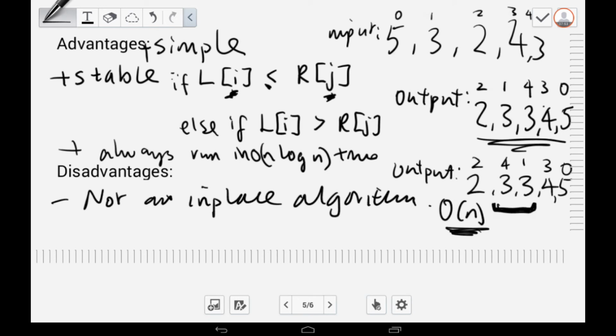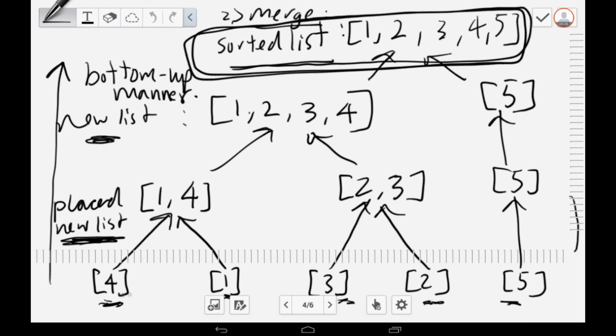And additionally it also uses additional resources to copy. So the copying of these elements into this new list requires resources to copy the elements between arrays, meaning it's much slower for larger data sets. So if we're working with a million numbers to sort compared to, say, 10 numbers to sort, there'll be a big difference in terms of the